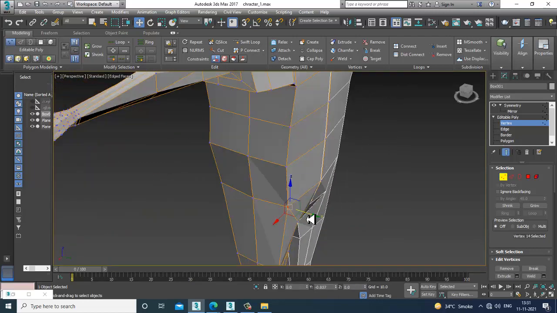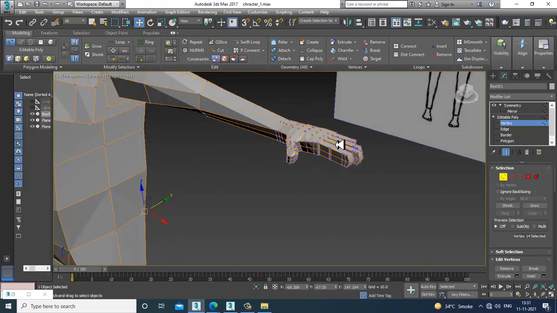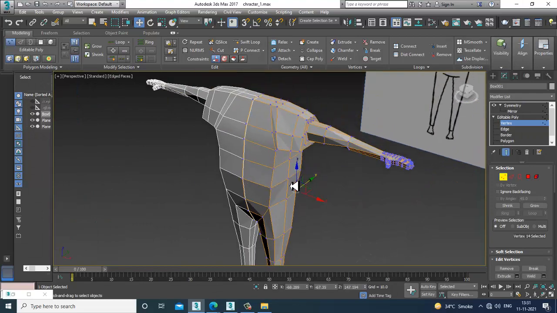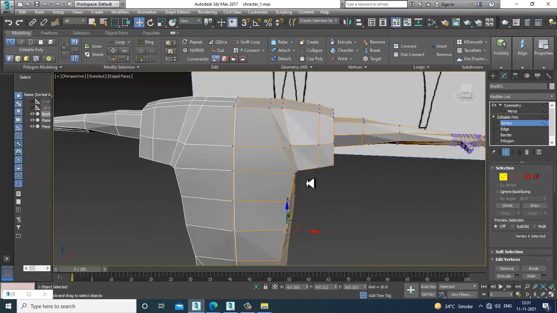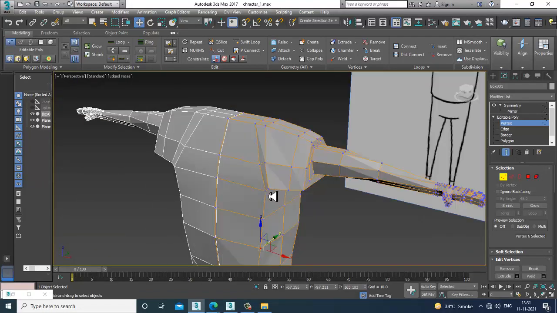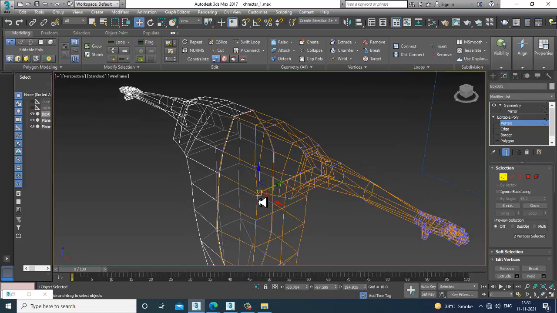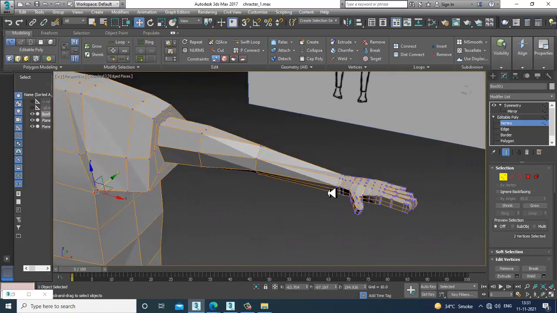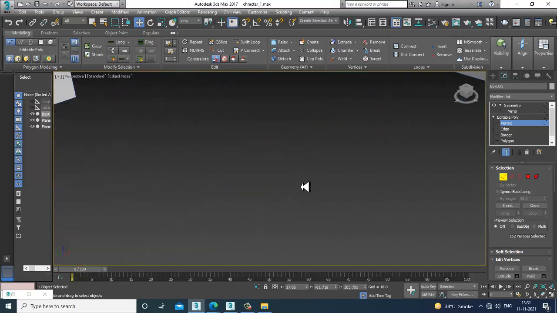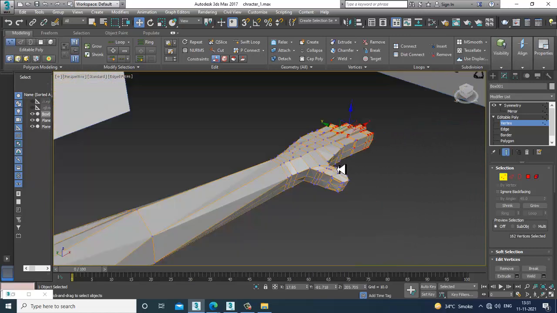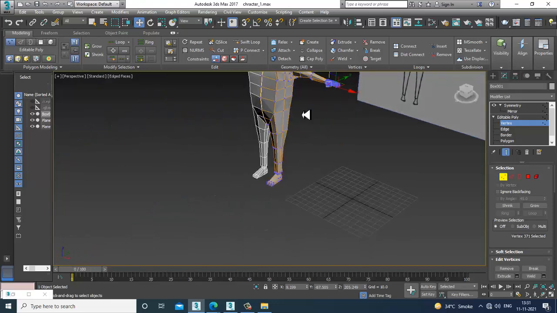So definitely it takes more time if you want to generate some details. As you can see over here, we have extruded the palm from the same model. Let's just zoom this. Okay, slightly adjust this.